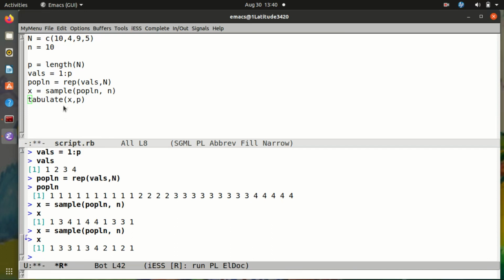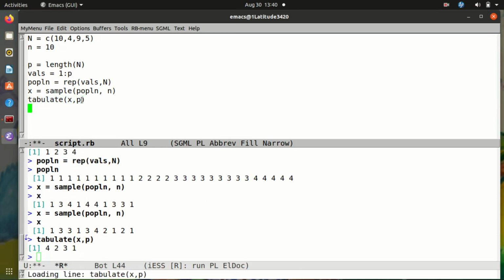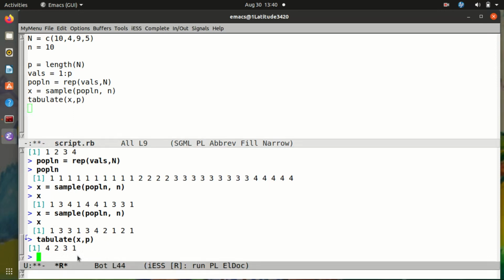Those are my xi's. I shall use the ready-made tabulate function in R for this. So I will say tabulate, then x, and P is the total number of categories that I have. So let's see. I get 1 occurs 4 times, 2 occurs 2 times, 3 occurs 3 times, and 4 occurs exactly once. So I have to use all these lines in order to generate one single realization of